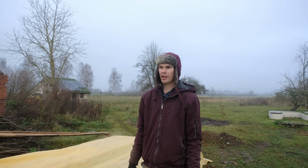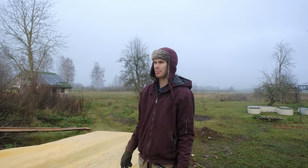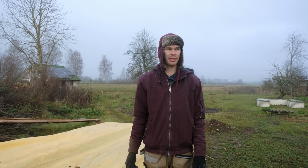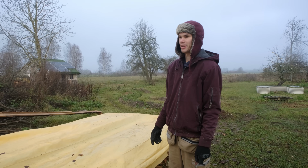So it has started fog raining. This is really mist rain, and it's pretty much like we're inside of a cloud. It's all fog around us, and it doesn't look like we can continue for now. We'll see if it stops and if we can continue. But we only have like 2 hours of daylight, so if it does not stop now,